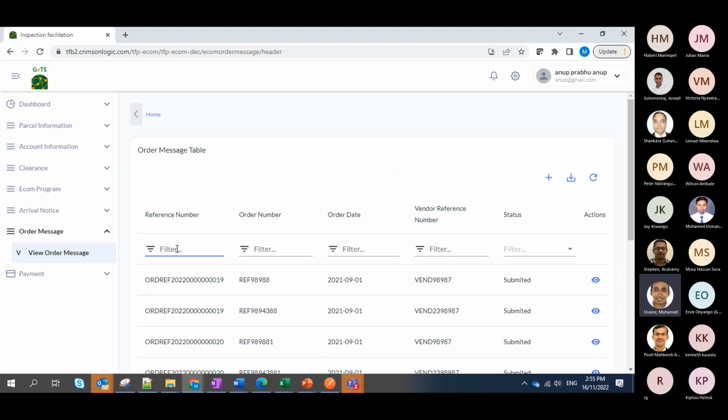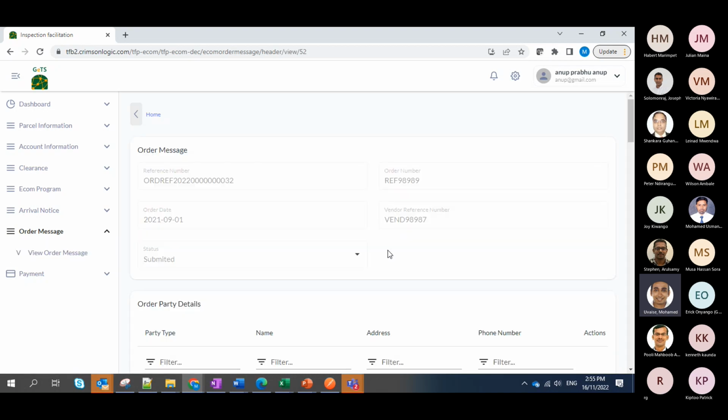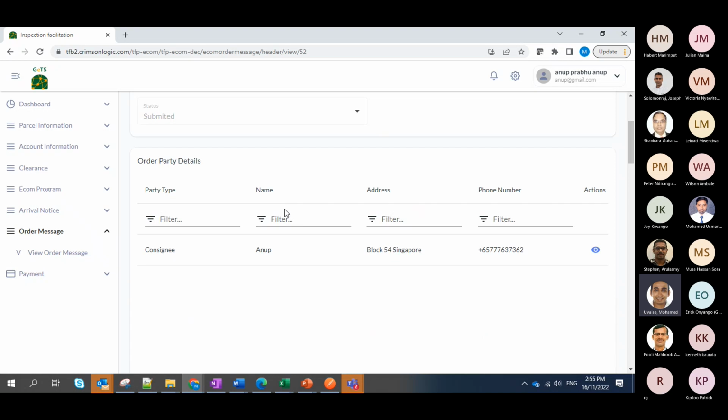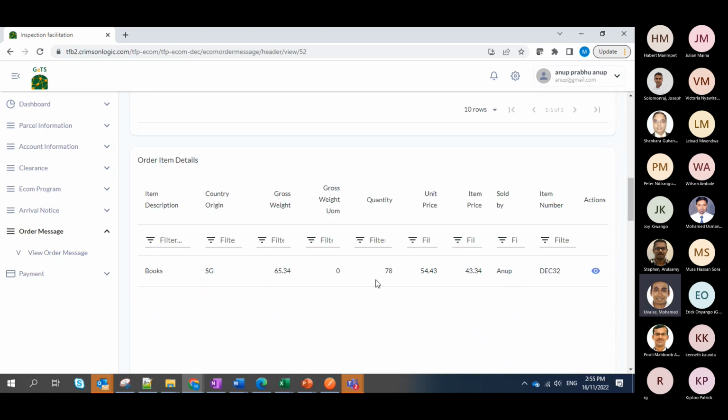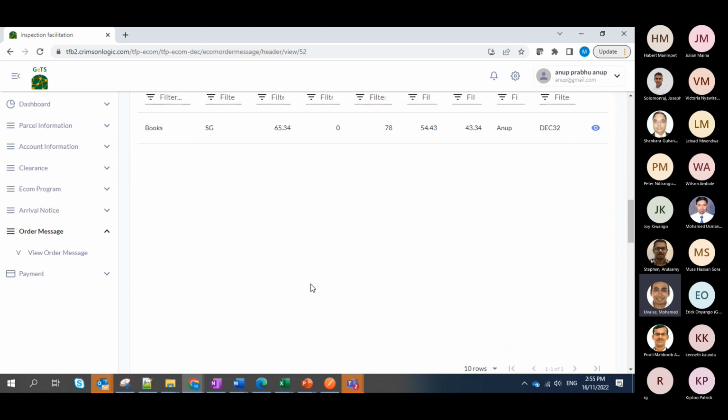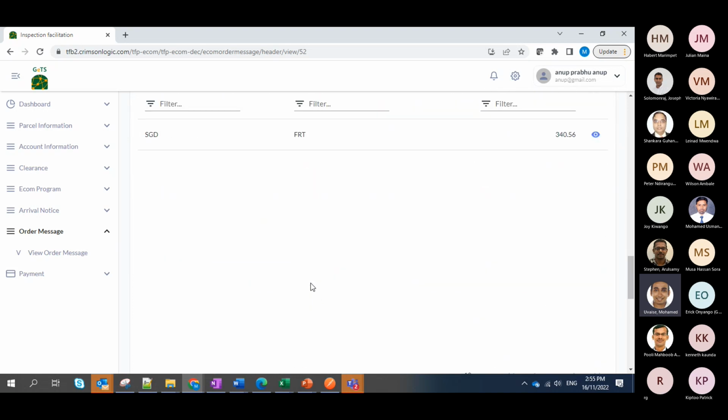Here we could just do a filter and then you could see this information that has been submitted. This entails information on the order, the consignee, the item related details. It includes the weight and the value of the goods, but it may not contain information such as the HS code, and so on and so forth.